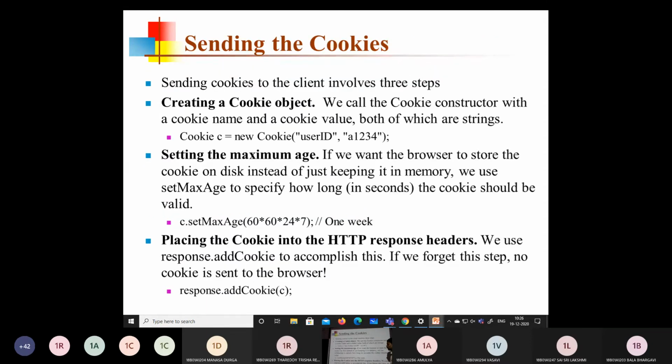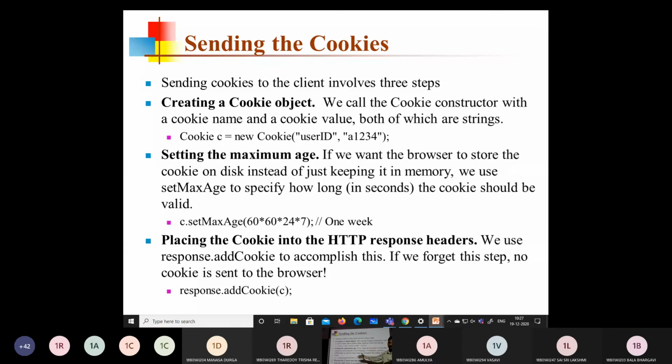In the previous step we discussed how cookies are to be created. In the second step, we have to see how to send the cookies to the response object or to the browser itself. In total, 3 steps are there. Follow these 3 steps to send the cookie to the browser. The first step, as usual, is creating the cookie object.